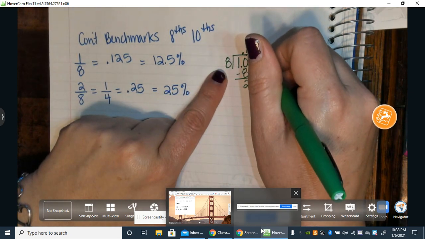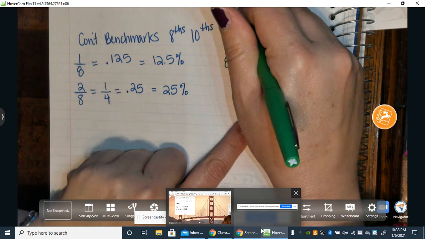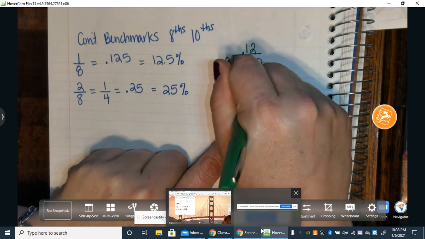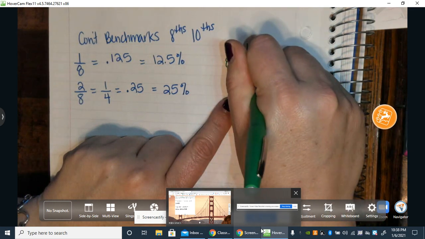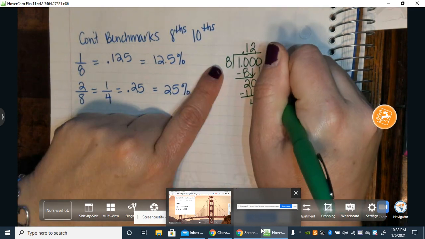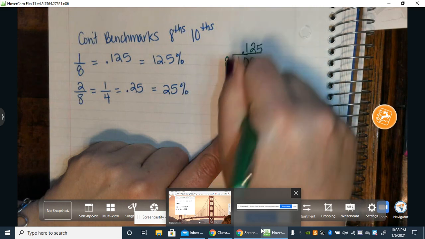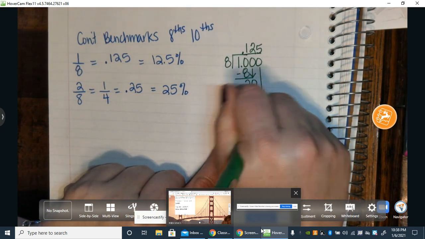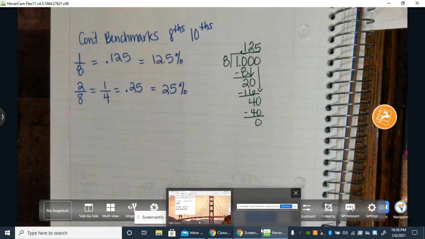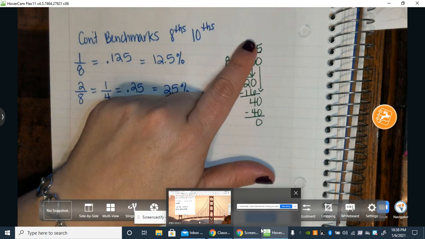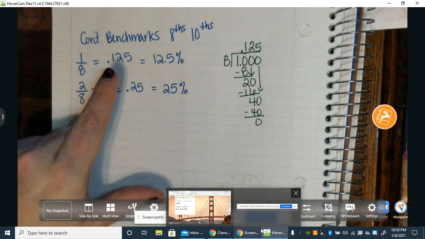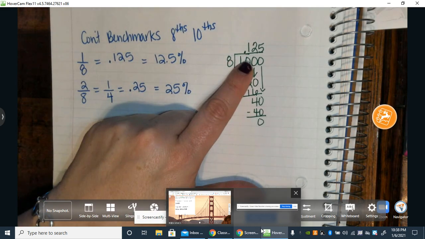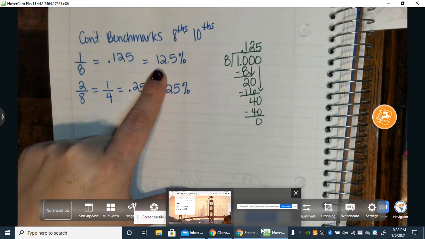Okay. 8 can go into 20. Well, 2 times 8 gives me 16. Subtract. I'm left with 4. Bring down a 0. 8 can go into 40 exactly 5 times. 40 with 0 as my remainder. So there we have it: 1/8 as a fraction, 1/8 as a decimal, 125 thousandths, and as a percent,